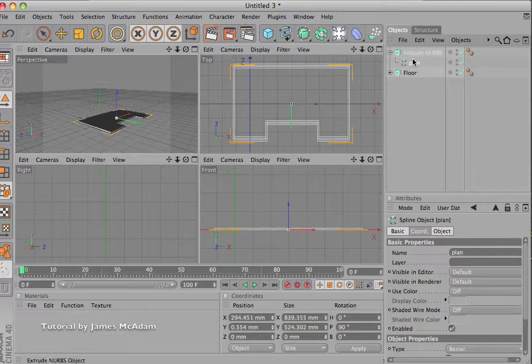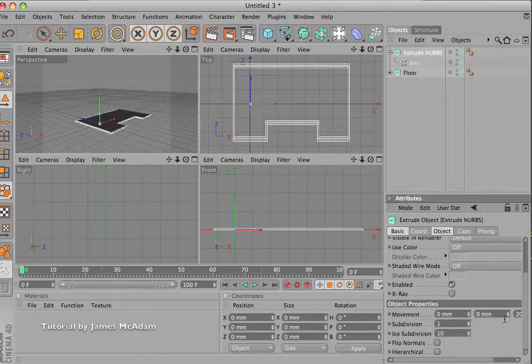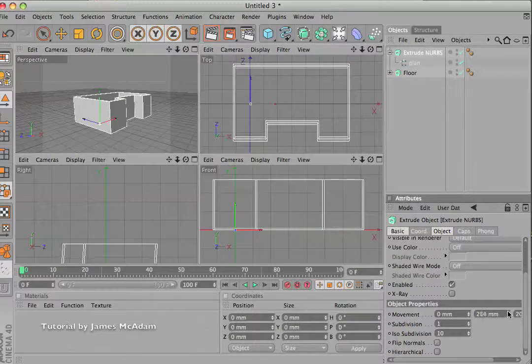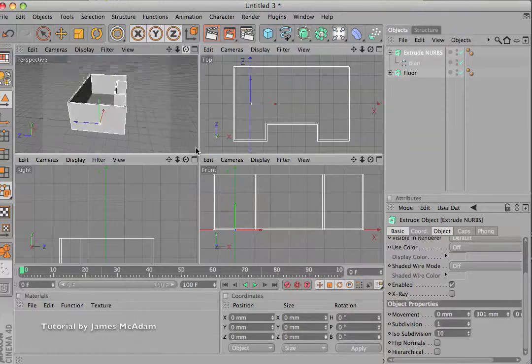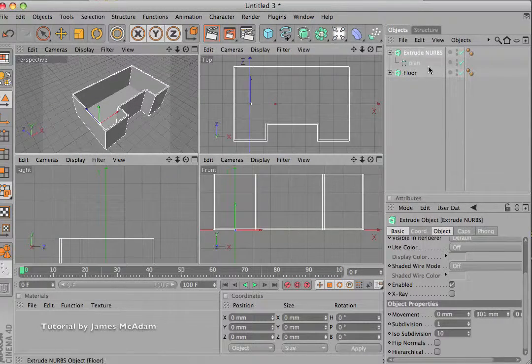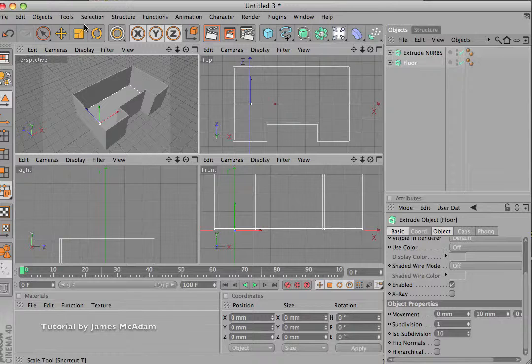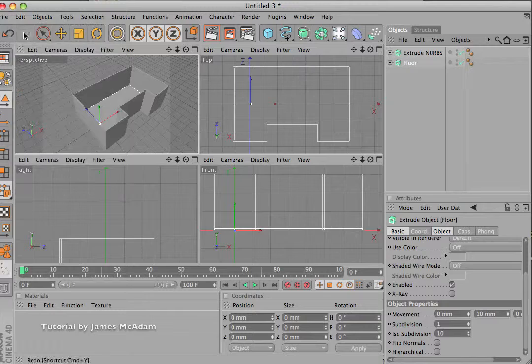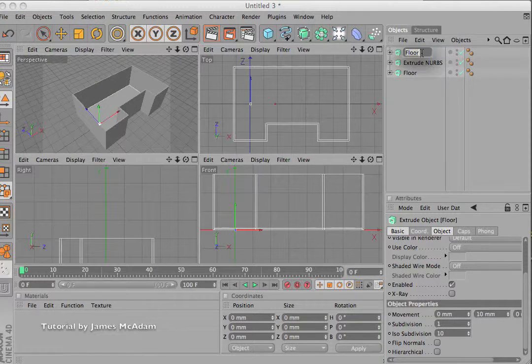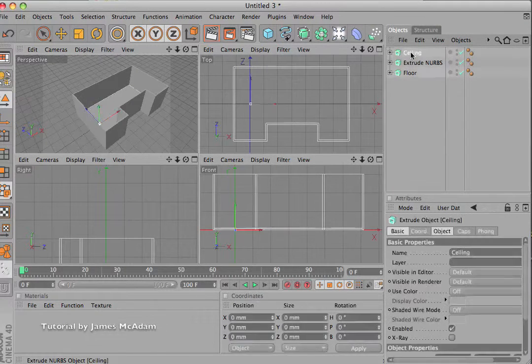So drop that into another extrude. And give it some height. And you can see the basis of the walls starting to be created. So I'm just going to select the floor, do a copy and paste. So I'm actually copy and pasting the whole thing, the line and the extrude command, to make a ceiling. So I'll move this up,